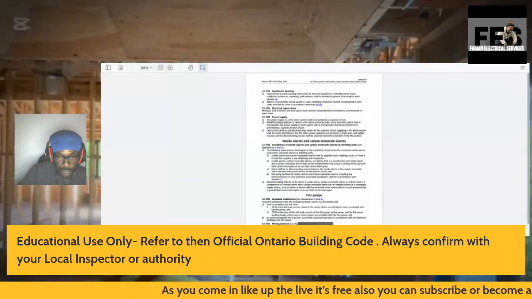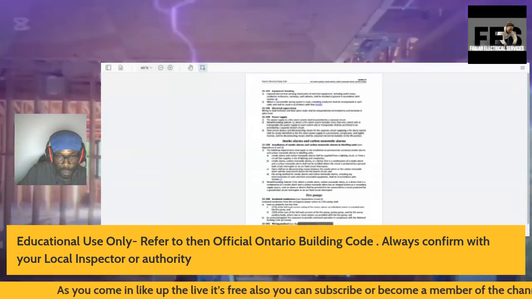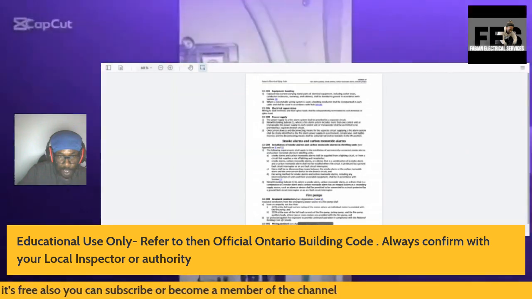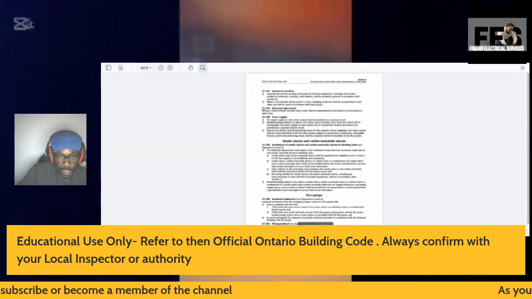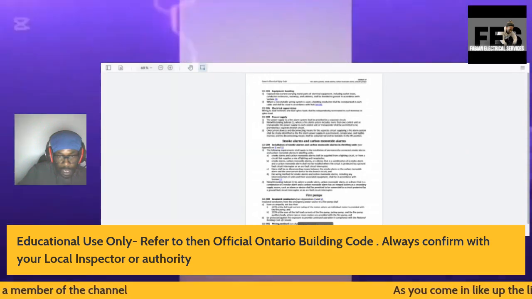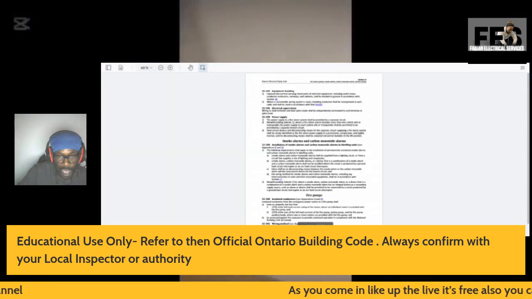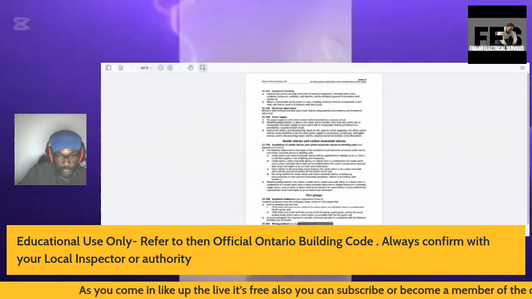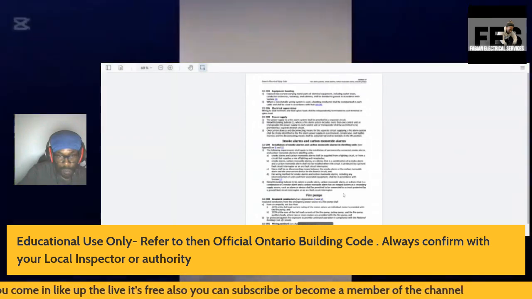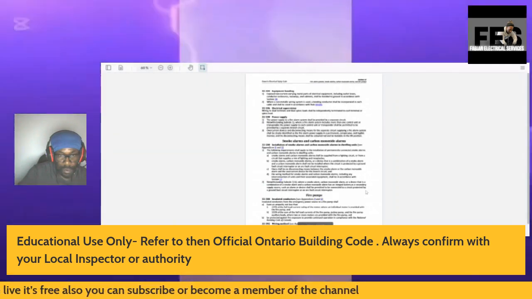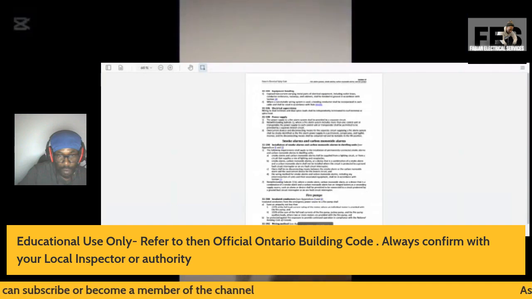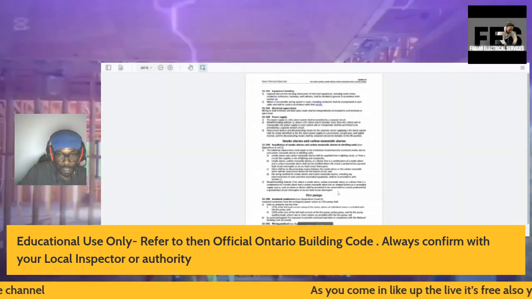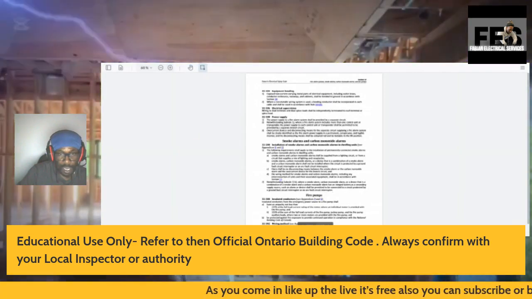It's basically saying where a smoke alarm, carbon monoxide alarm, or a device that is a combination of a smoke alarm and a carbon monoxide alarm has an integral battery as a secondary supply source, such an alarm or device shall be permitted to be connected to a circuit protected by a ground fault circuit interrupter or an arc fault circuit interrupter. So it tells you you can do it in a different case, but again, it's something